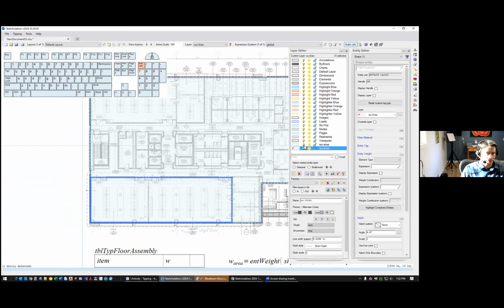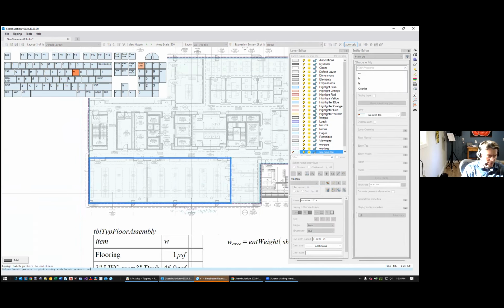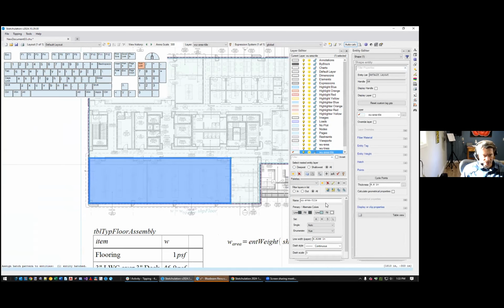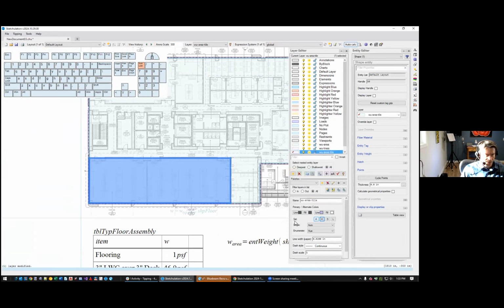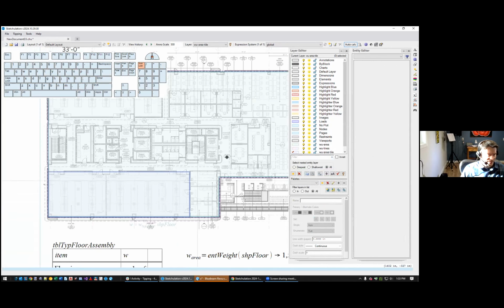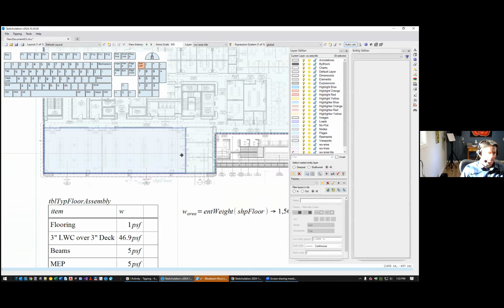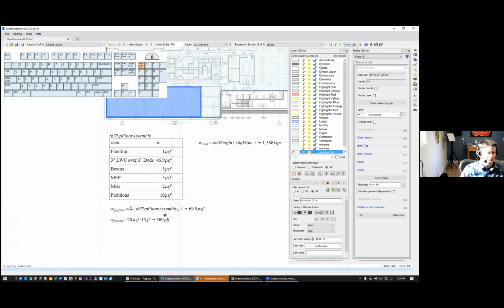a nice tile. So maybe I make a new layer here, call it W area tile, dash tile, like that. Okay. And I put that box I just drew on W area tile, and maybe I give that a hatch pattern of solid, and then I want to give that a different hue just so I can draw it out. So I'll give it like a blue. Okay, so now you see I have an area within an area,